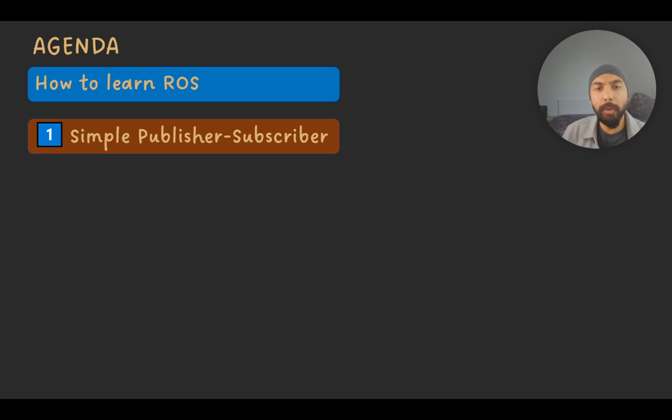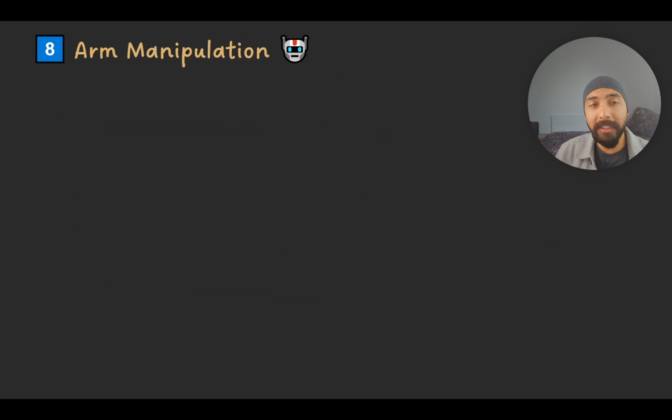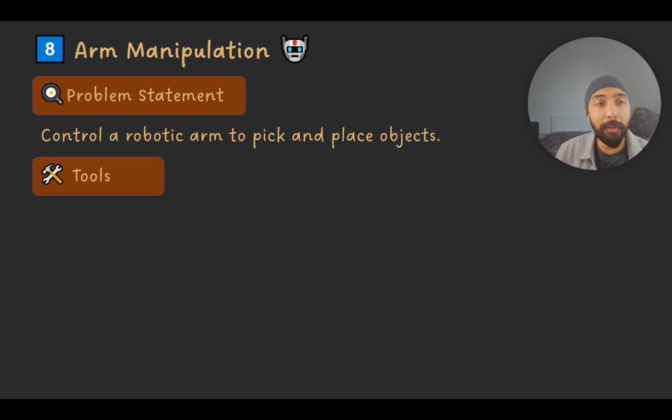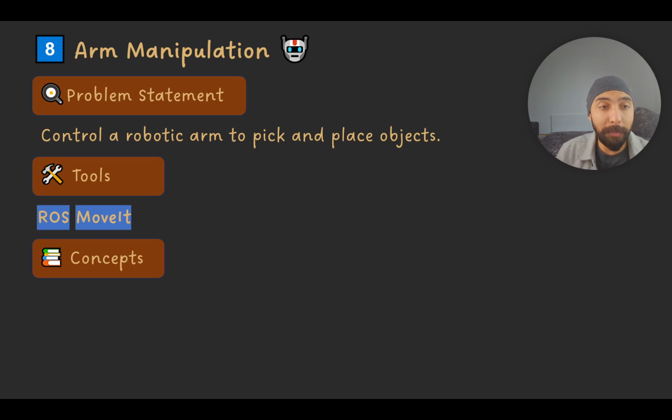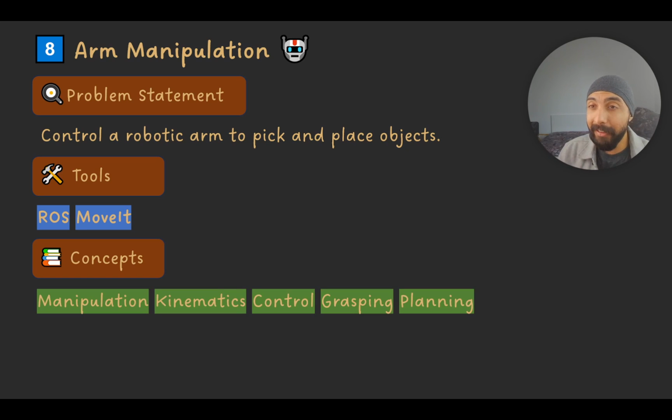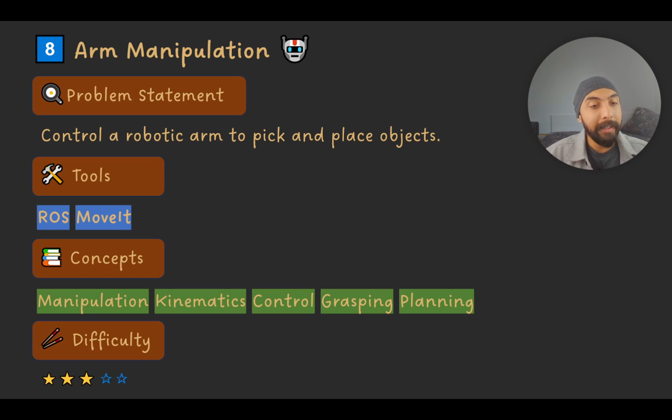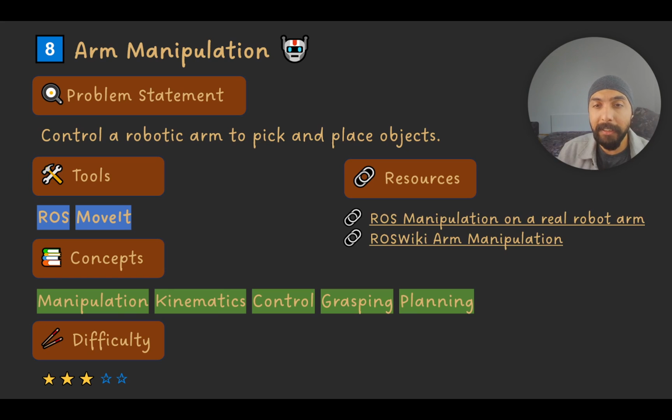So now coming to the next project, which is arm manipulation: control a robot arm to pick and place objects. Very interesting project. You can use the MoveIt library, and you would be introduced to the MoveIt library here. You can learn concepts such as manipulation, kinematics, control, grasping, planning. Difficulty level is 3 in this case, and you can refer to these two resources or Google for more similar